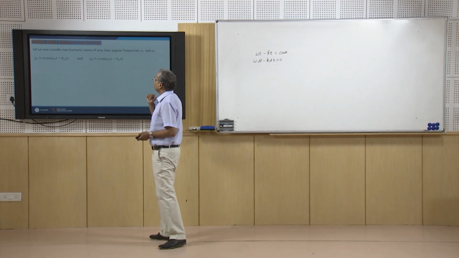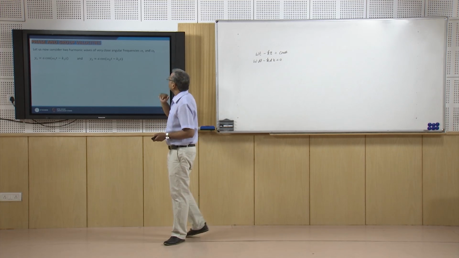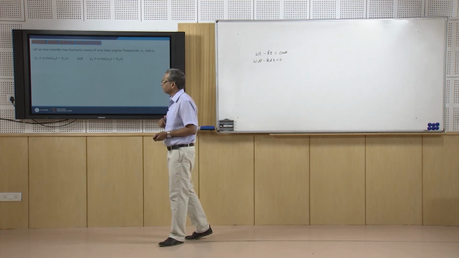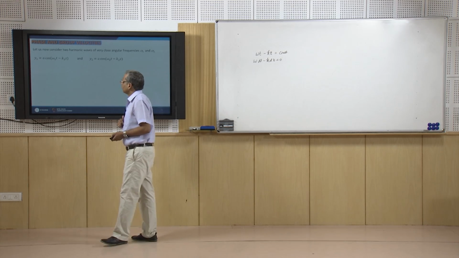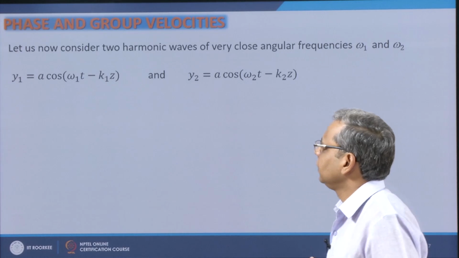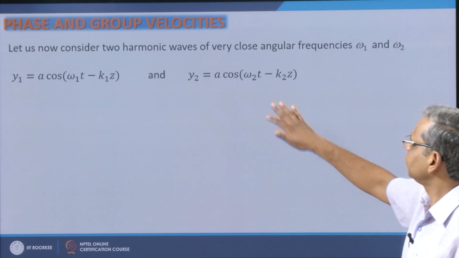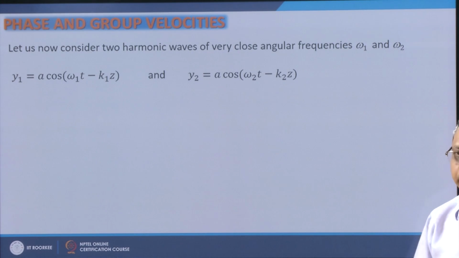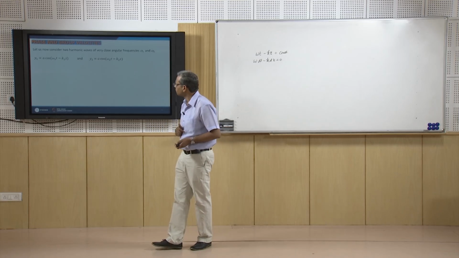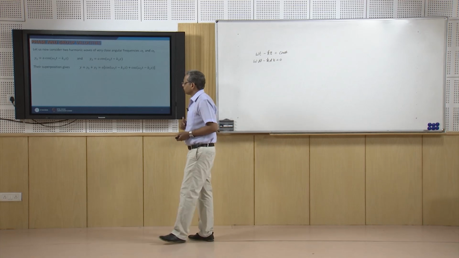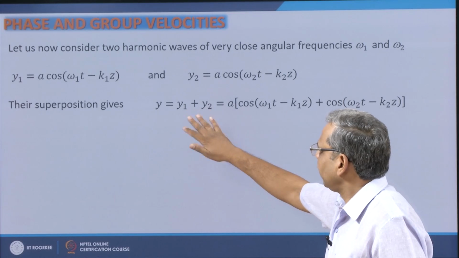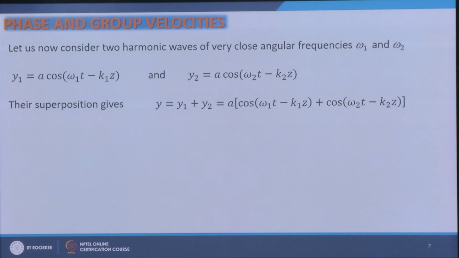Now, let us consider two harmonic waves of very close angular frequencies omega 1 and omega 2 and very close wave vectors k 1 and k 2. So, I can write them as y 1 is equal to a cosine omega 1 t minus k 1 z and y 2 is equal to a cosine omega 2 t minus k 2 z. For simplicity, I have taken the same amplitudes of these waves. Now, I superpose them. When I superpose them, then y becomes y 1 plus y 2 given by this,